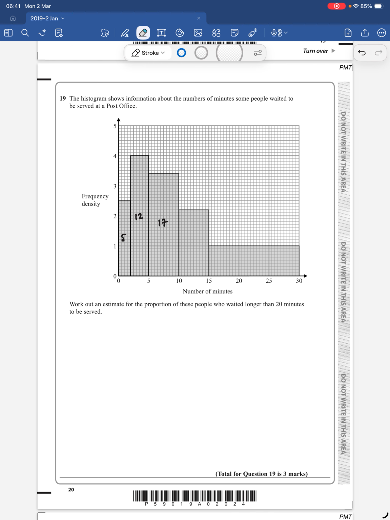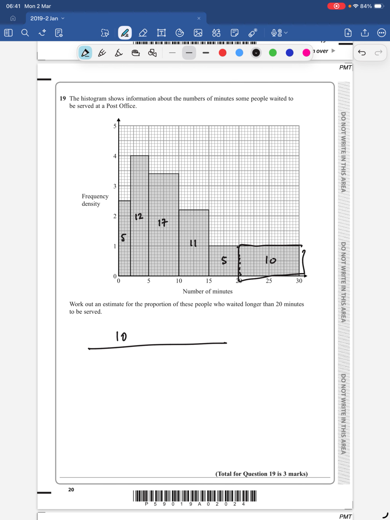So this one here is 5 times 2.2, which is 11. And then here, I don't want to put a number for all of this, because I don't want all of it. I only want this bit. Okay, so I'm going to break it into 2. I'm going to put an artificial boundary there. This one here is 5 times 1, and this one here is 10 times 1. So my fraction is 10, because it's those ones,